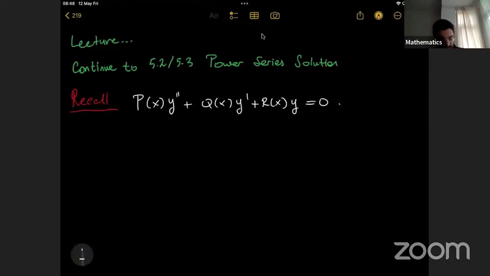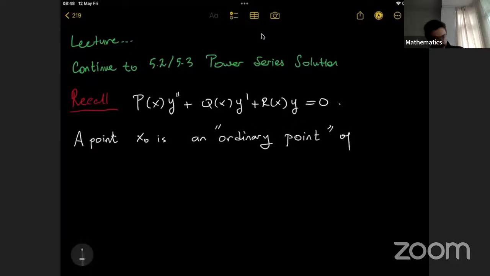In that case, we say a point x naught is an ordinary point of, let's call it star here, ordinary point of this equation if